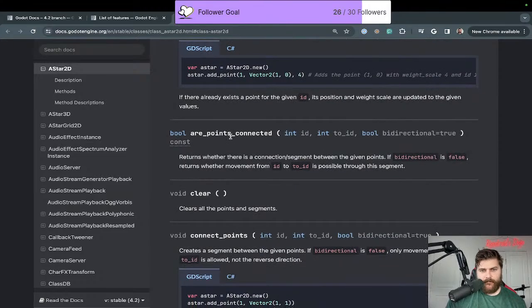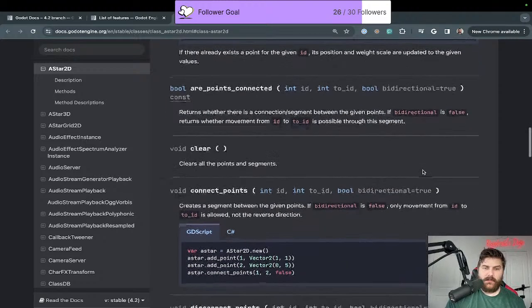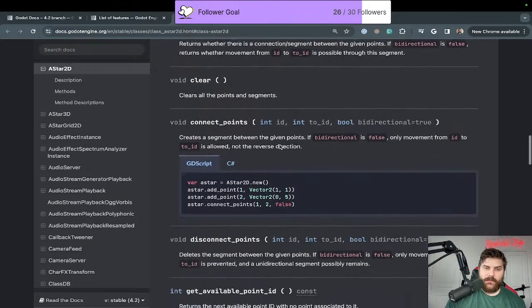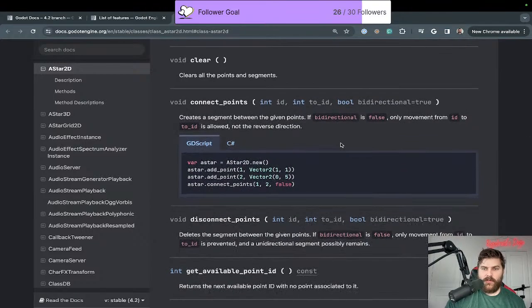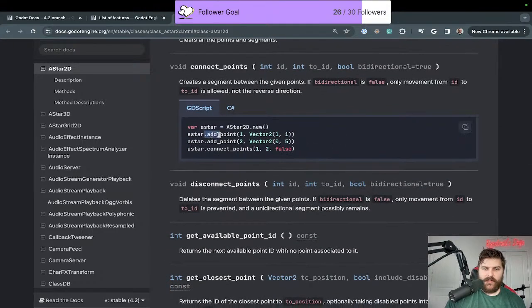Are points connected? Returns whether there is a connected segment between the given points. If bidirectional is false, returns whether movement from ID to ID is possible through the segment. There's all the points and segments. Connect points creates a segment between the given points. If bidirectional is false, only movement from ID to ID is allowed, not the reverse. So you say add this point, and connect them. Okay, so we might be able to, just reading the docs here, trying to do it right, is,